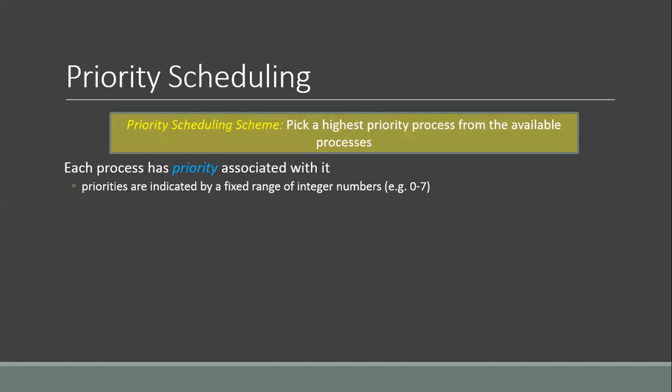The range of the numbers, as well as the decision of whether the smallest integer value will represent the highest priority or the lowest priority, varies from system to system. The CPU is allocated to the process that has the highest priority. This means every process in the ready queue has a corresponding priority value, and the CPU will be allocated to the process which has the highest priority.